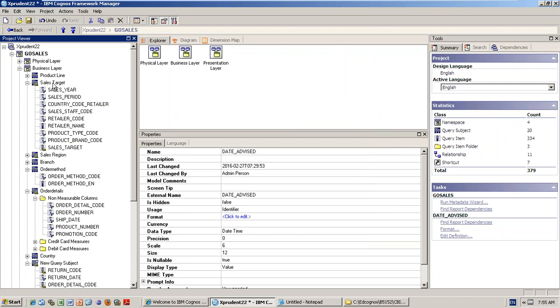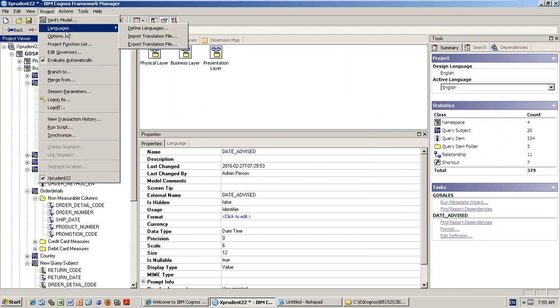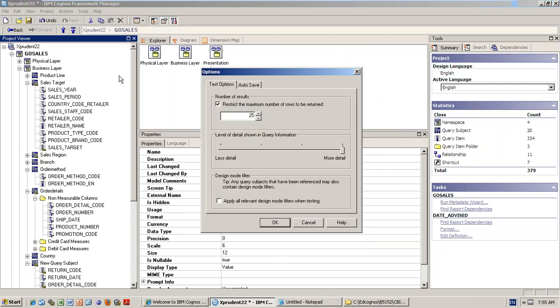But normally nobody uses it, because mostly everybody uses English. Export: if any translation values are already there, you can export that. That's not an issue.